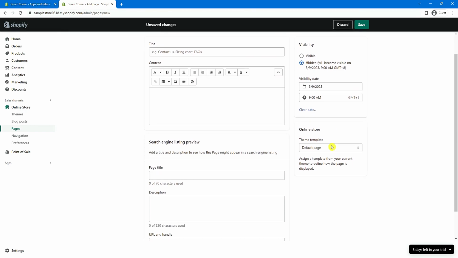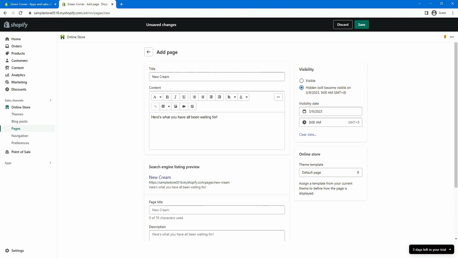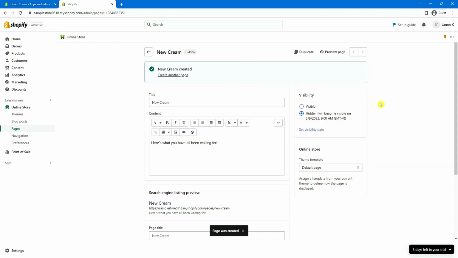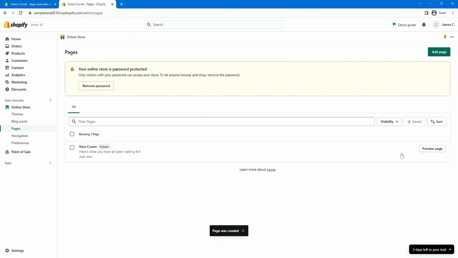And then lastly, your online store theme template, you can go ahead and change that, whatever option is available for you. Now, once you're all set with this new page you're adding, go ahead and click Save. And once you've saved that, let's go back to the pages and then you should see it here. And that's it. That's how simply you can add pages to your